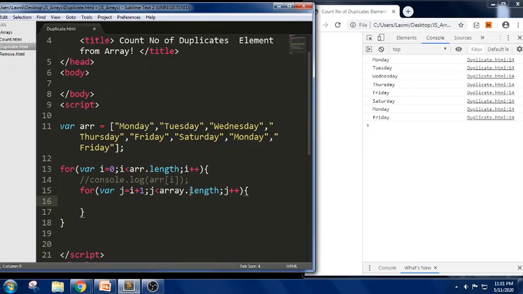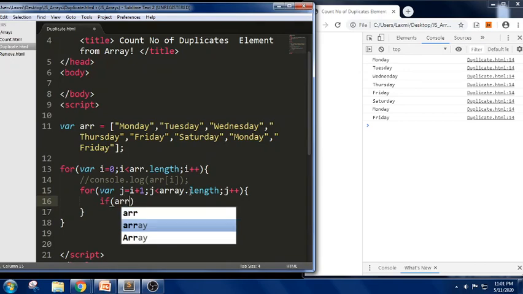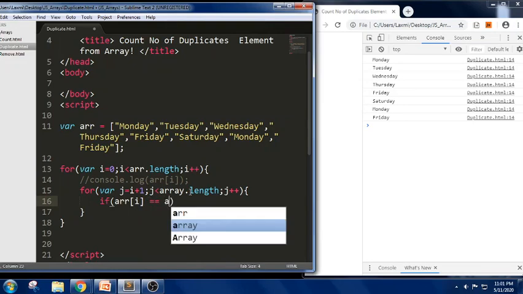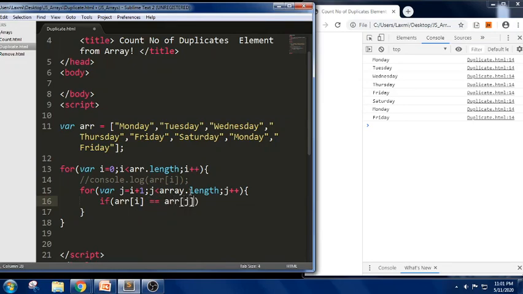So let us write the condition. We should be able to check whether duplicate elements are there in this array. In this I am trying to write an if: array of i equals array of j.